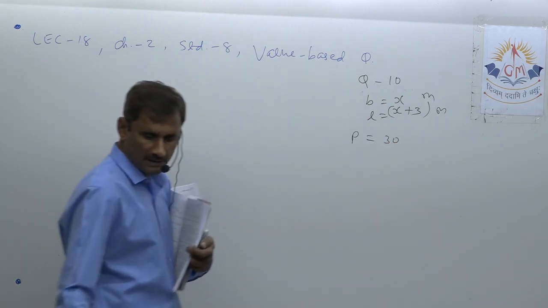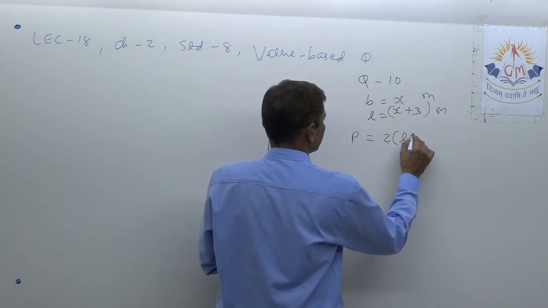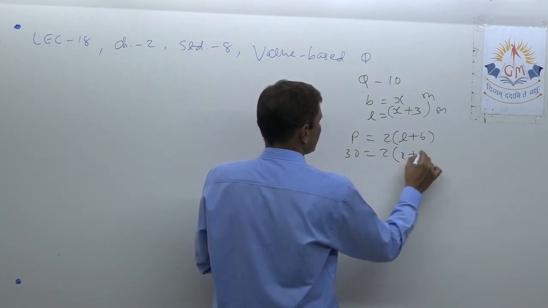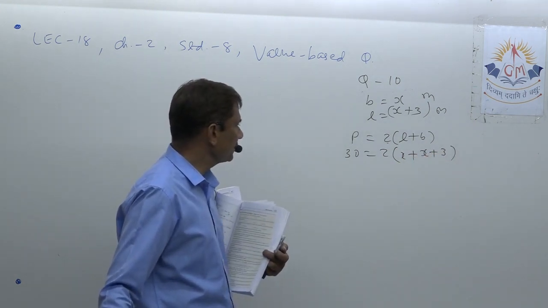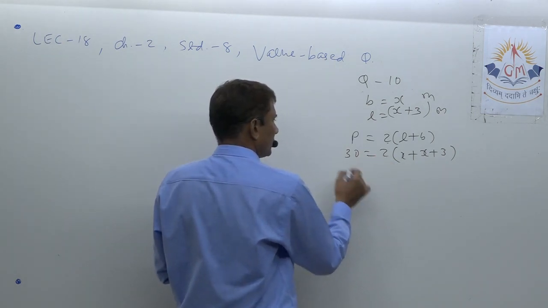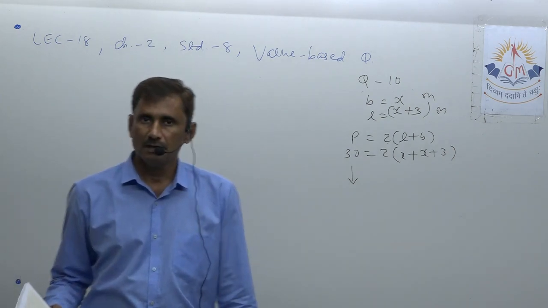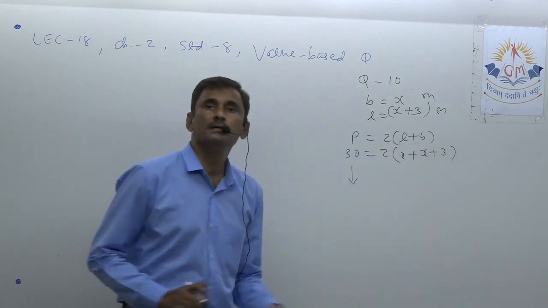Okay. So now in place of perimeter, write down the value, otherwise write down the formula here, and write 30 here. So 2 times x plus x plus 3. Now you can solve it. x plus x is 2x. Then you can open the bracket, otherwise you can shift 30 here. Anyway, you will have x, which is the breadth. After the breadth you will have the length also, because it is x plus 3.